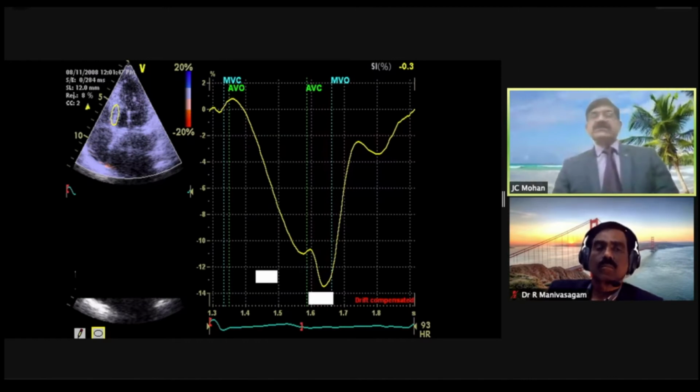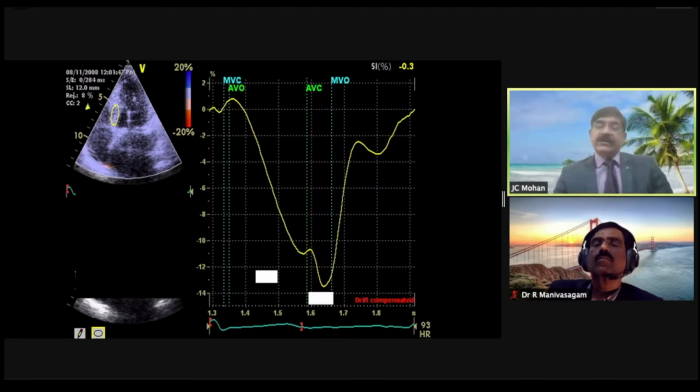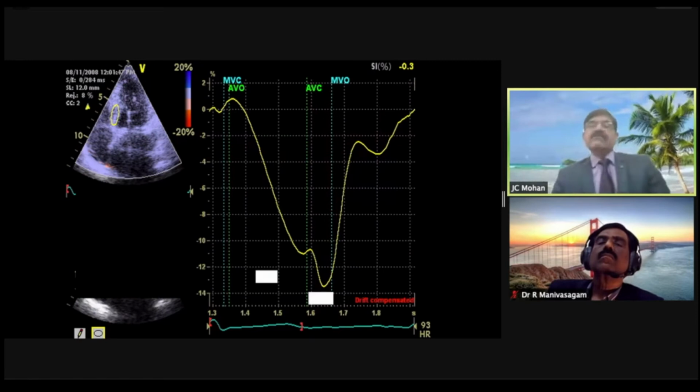So this is an original strain which is reduced. But there are components of the strain curve which are important. There is an early systolic stretch, you can see just in the beginning of systole, and of course there is strain appearing after the aortic valve closure, and we call it post-systolic strain. These things are of great importance in understanding myocardial physiology, but for want of time today, we wouldn't be discussing